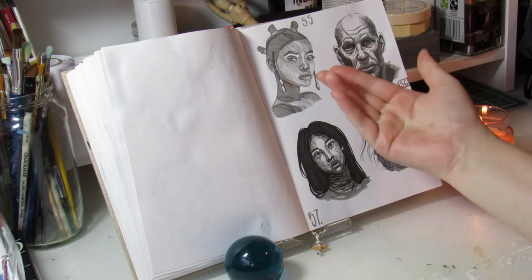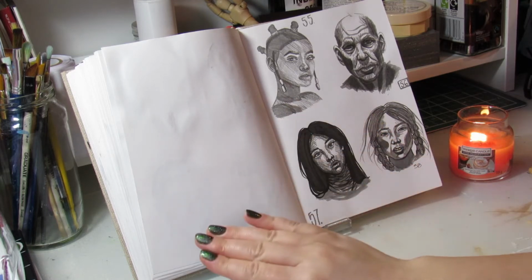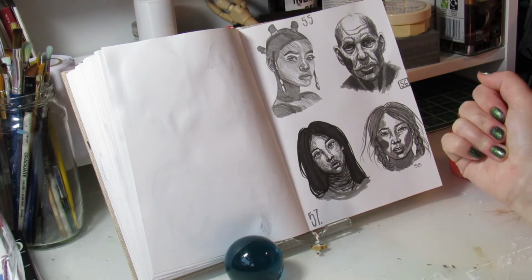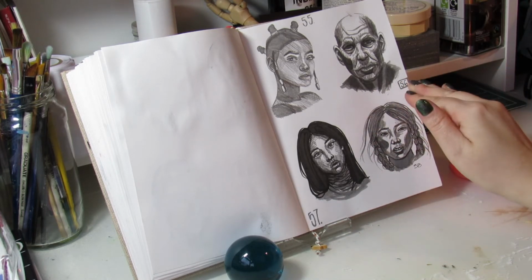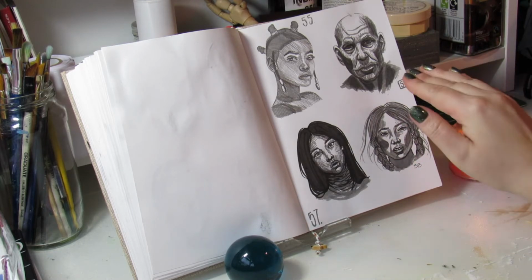So this girl, I thought turned out absolutely gorgeous, but I'm not so keen on the way I shaded her face. It really flattens her back. Doesn't give her any cheekbones or anything. Once again, not doing her much justice as a three-dimensional human being. This guy, something kind of atmospheric about it, kind of like the intensity, the depth in his eyes, so that